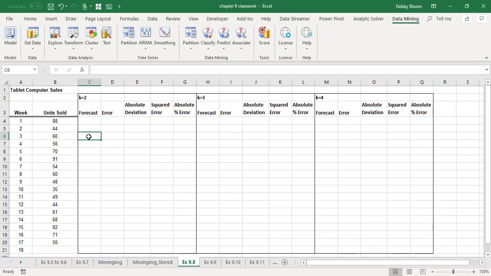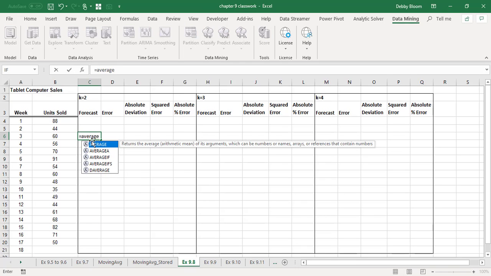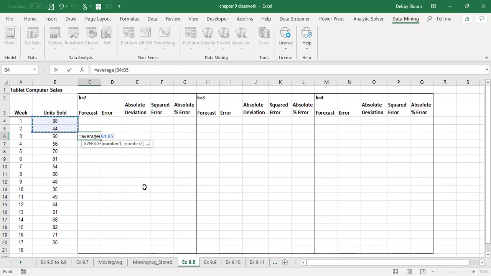So I'm going to click in cell C6 and I'm going to type equals average, open up the parentheses, and take the average of the first 2 observations. So I'll take an average of cells B4 and B5, click on B4 and B5, close up the parentheses, hit enter,